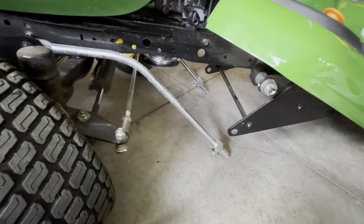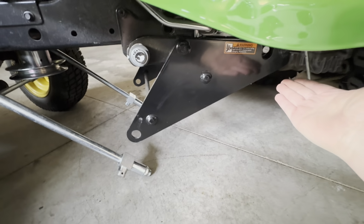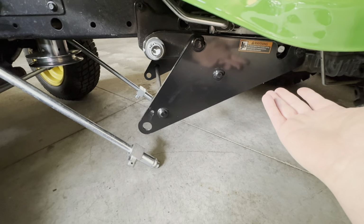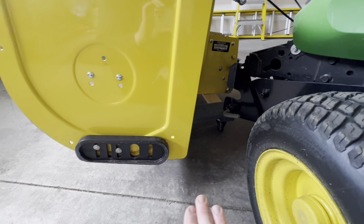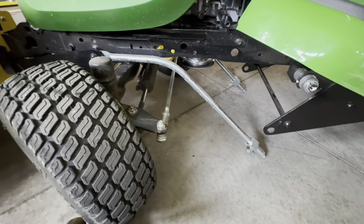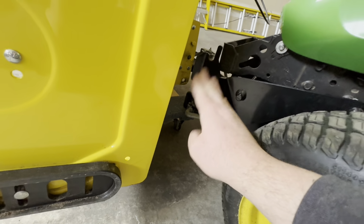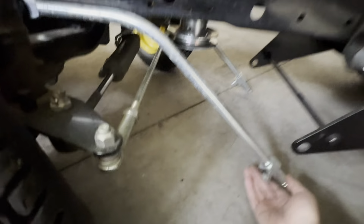So the way I did this next step, I have the mower fully upright, or like if there was a lawnmower deck on here, it'd be fully retracted. Just because that is already on a dolly, so the blower is already in the up position. And just to save me having to start it, since this is all the way up, it'll match that. I don't have to start anything in between, but what I do have to do is support the front bracket just with the edge of the dolly. That way,